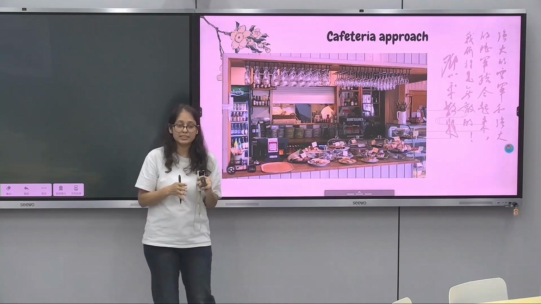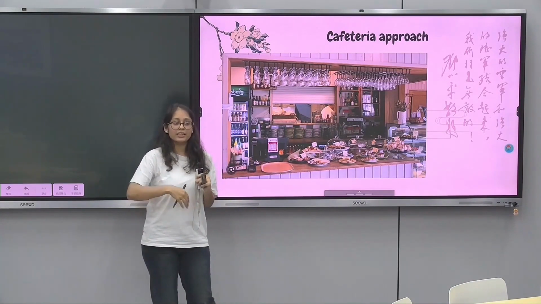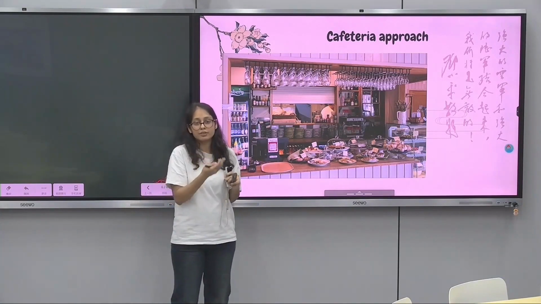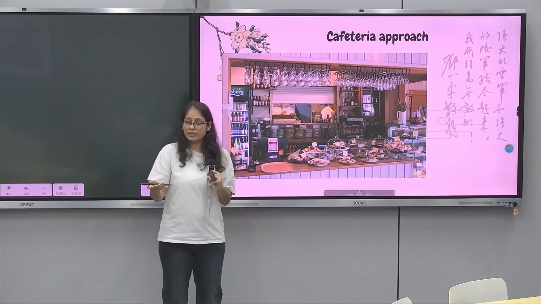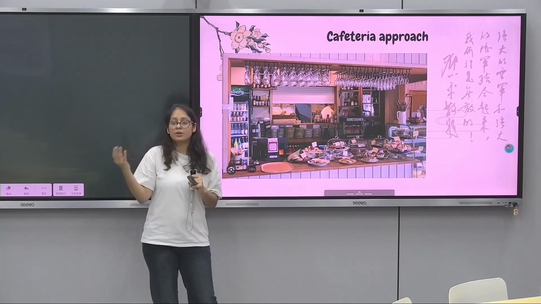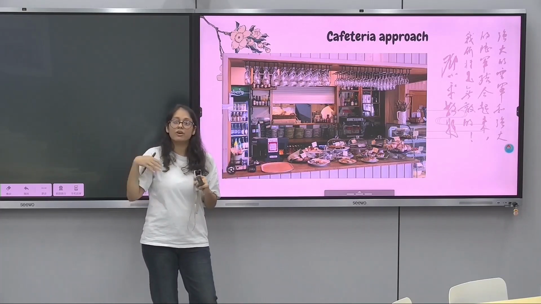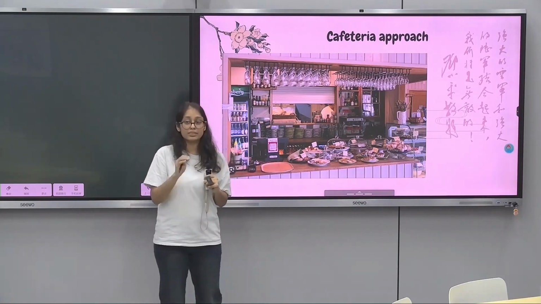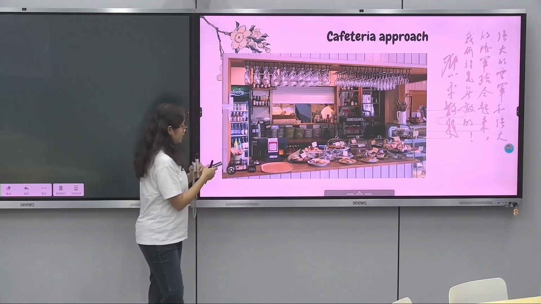Wherever this facility is provided, they go there and are given the option of which kind of contraceptive they want. Will you use oral ones, or IUCDs, or do you want a tubectomy or vasectomy? Those facilities will be given according to whatever they want. So this is the cafeteria approach.